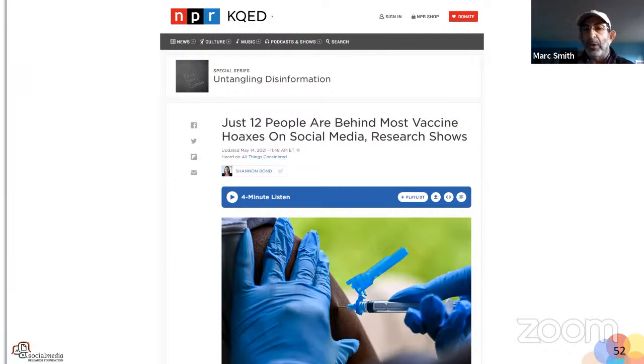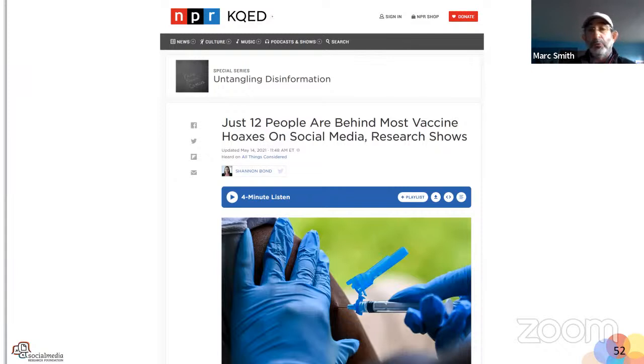60% of all anti-vax content came from 12 accounts on Twitter back in 21, when Twitter was still trying to be, we'll leave that right there. So it's a tiny fraction of the total population, the tail wags the dog. There's rarely more than 10 or 20 people. They are the influencers, thought leaders, and they control the agenda. They're the agenda setters. They set the topics. And so this is both a blessing and a curse.